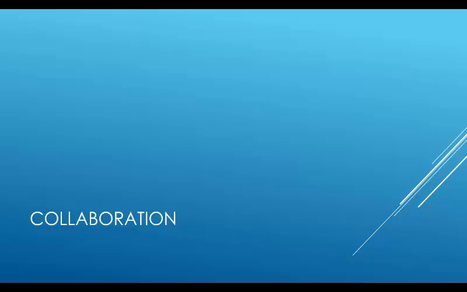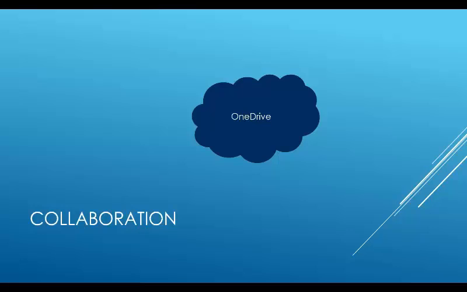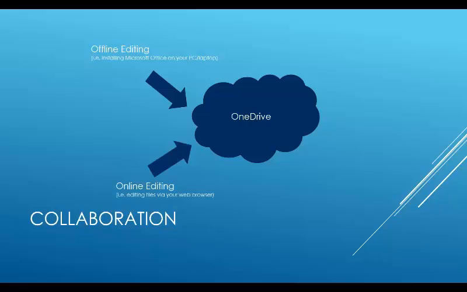Okay, now just going to finish up with this summary of what we've talked about there. So OneDrive is at the middle of everything. OneDrive is where you store everything. It's your cloud storage. It's a storage where you can share with everybody else. So with OneDrive, you have two options. Offline editing, so we talked about installing the Microsoft Office on your own PC, laptop, and storing everything on OneDrive. Or you can do online editing of your files via web browser, whether it's Firefox, Chrome, or Microsoft Internet Explorer, whatever. But again, everything is stored on OneDrive. And what that allows you to do then is real-time sharing and collaboration with your fellow students or colleagues with Office 365, OneDrive, and